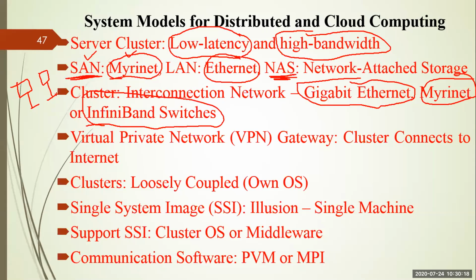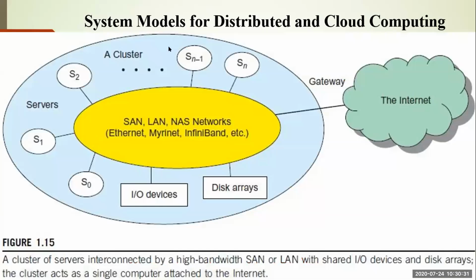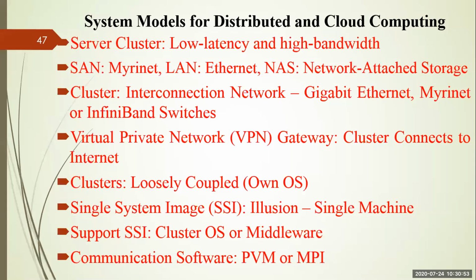Nowadays, a very popular term is virtual private network, that is called VPN. What is VPN doing? VPN connects the cluster to the internet. Like I told you, here we are using a gateway, right? This gateway, whatever we are using, is called a virtual private network gateway, which will connect a cluster of servers to the internet, right? You can also use a router, you can also use some other connection device. Their speeds are different and their applications are different. So with respect to this particular architecture, we are using a gateway.